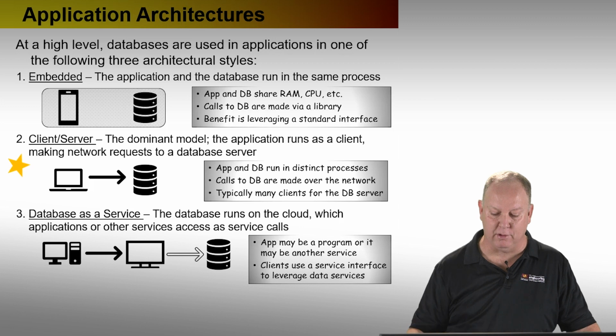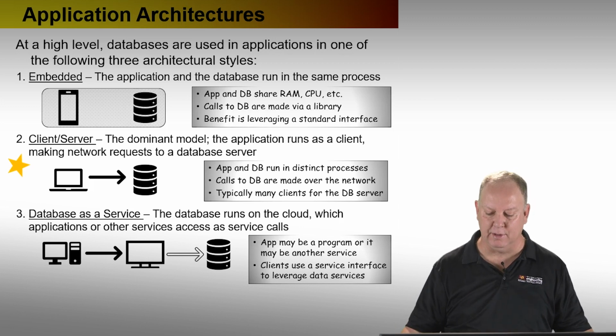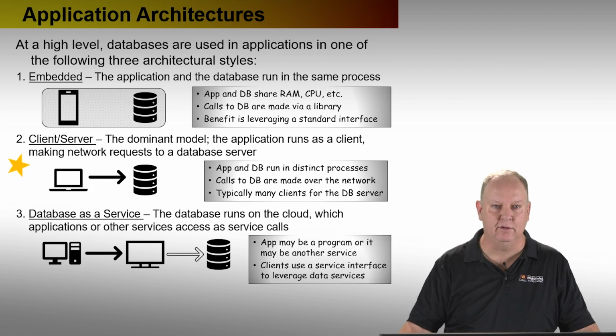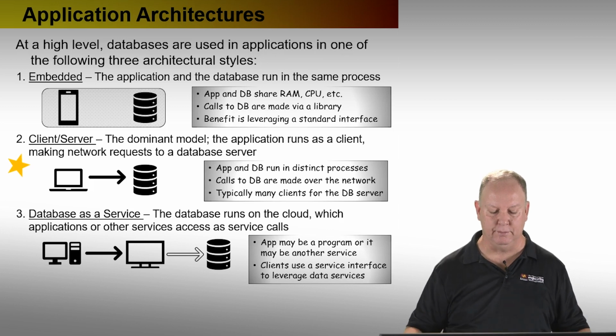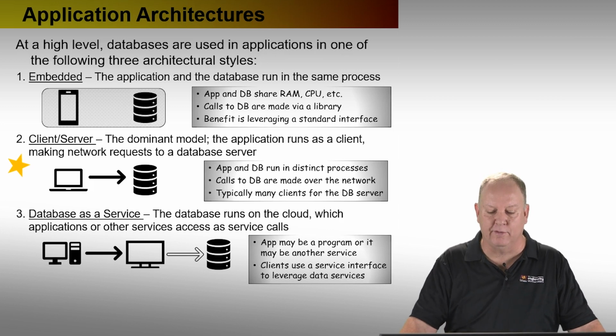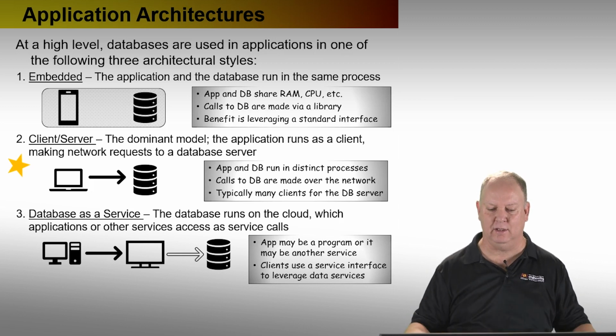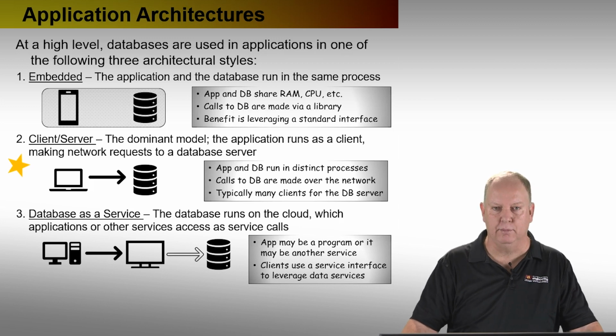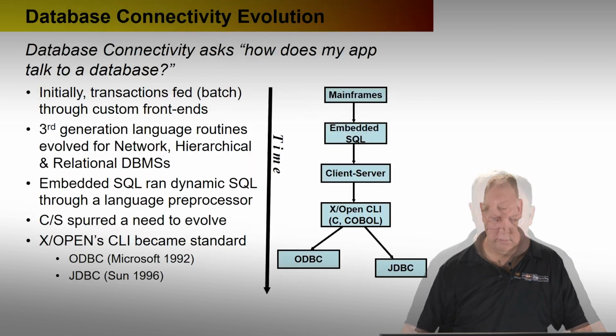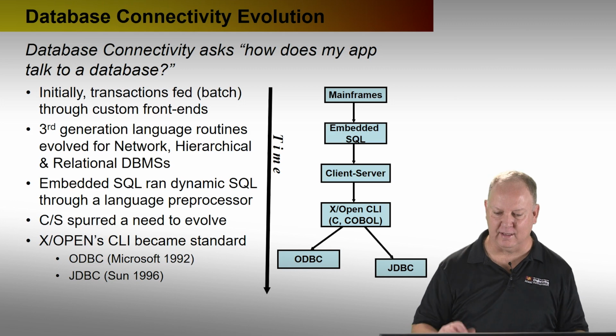So the other app may be a program, it may be a service, could be a web application, again, some other cloud-based service, and the clients use some kind of service interface to leverage those data services. In other words, there's normally some configuration wiring that goes on from an operational perspective to set up what talks to what and what capacity, what elasticity it shows at any particular point in time. The way we work with databases and connect to them and use them in our code has evolved over time.